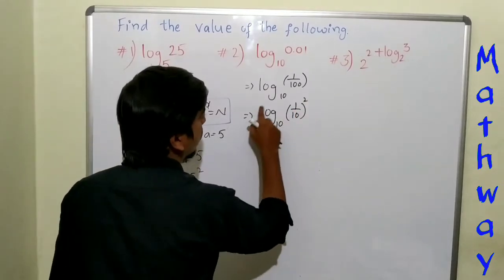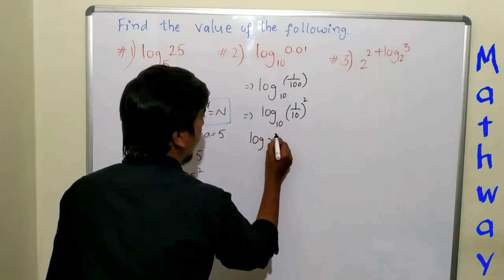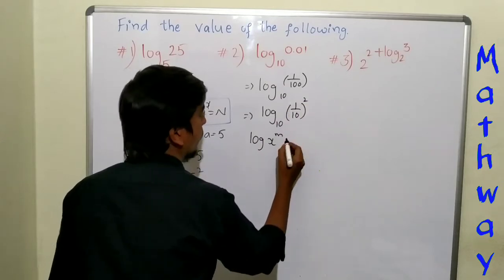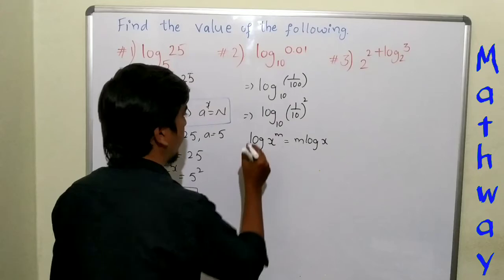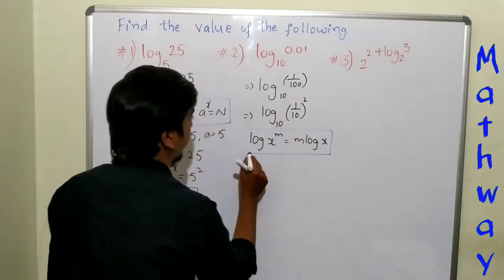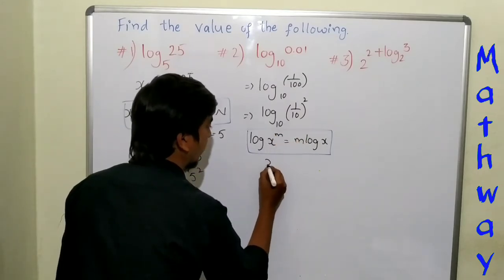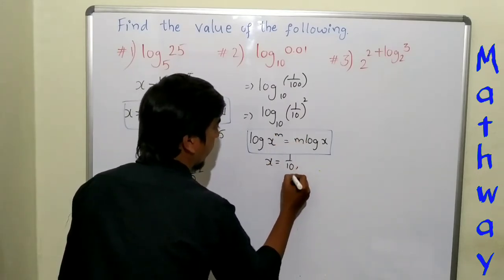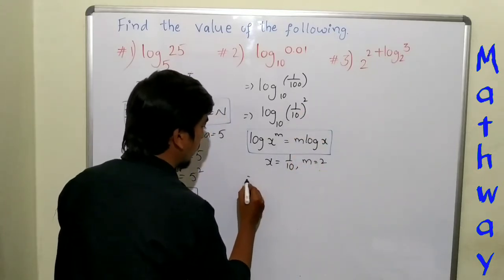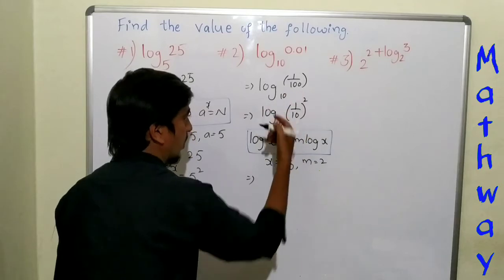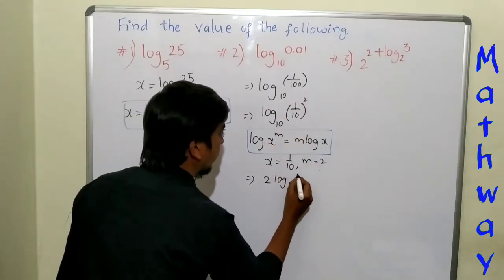Now if you see, it is looking like one formula. Which formula? Log x power m, that is m log x, whatever the base may be. So by comparing these, what is the x? X is 1 by 10 and m is the exponent, that is 2. So this term will become, exponent will come forward, 2 log 1 by 10